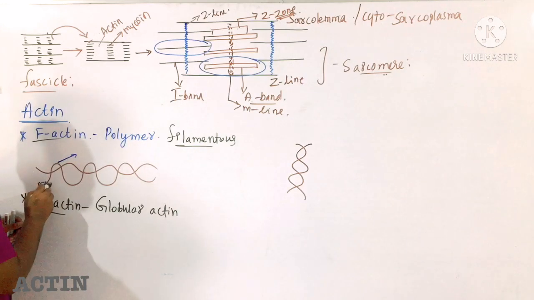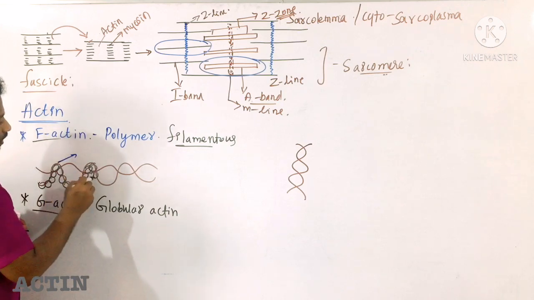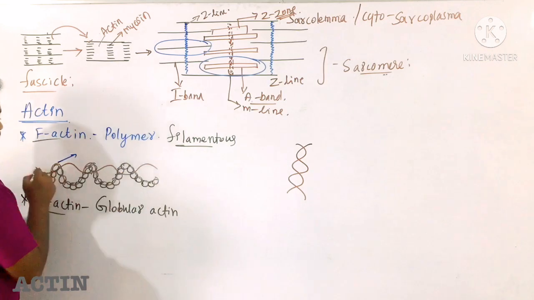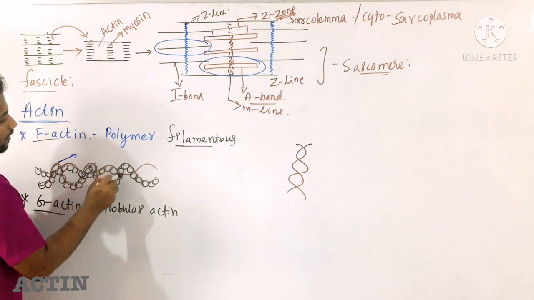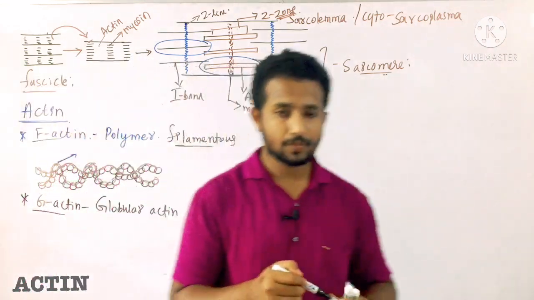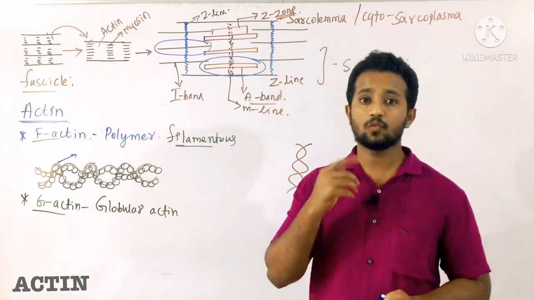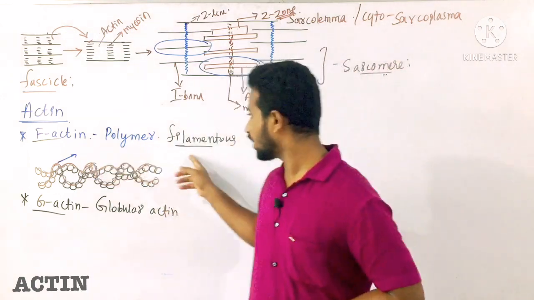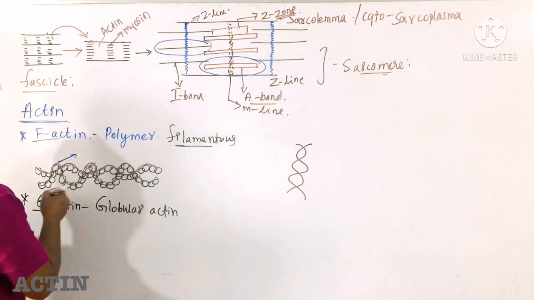Let me draw this globular structure, by that it is possible to understand the structure easily, even the helical arrangement of this actin, one by one neatly we can understand. So this is the helical arrangement of F actin, which we can draw with the help of the monomeric units, and the monomeric units are called G actin. Clear? And very important here we should know, interestingly, these polymers also have one more kind of protein throughout the length of this filamentous actin, interrupted by a continuous structure of protein.